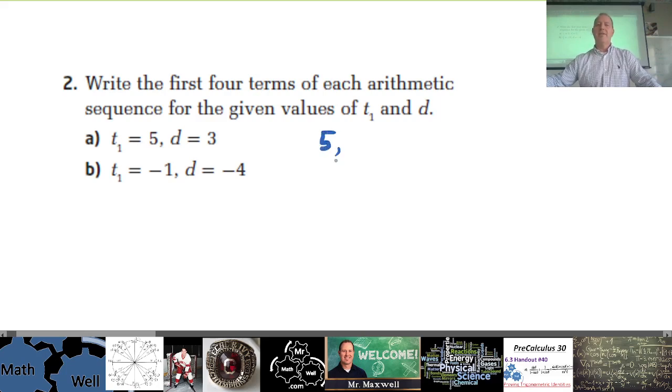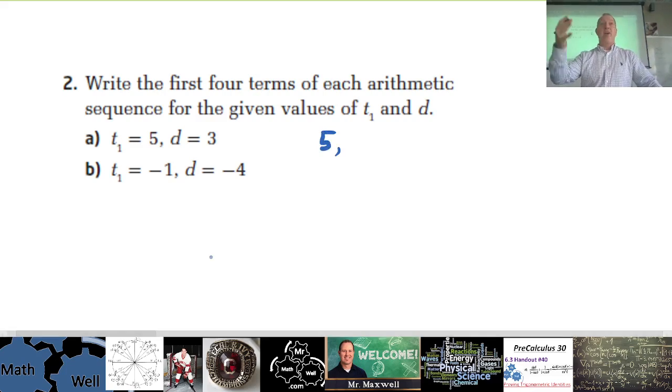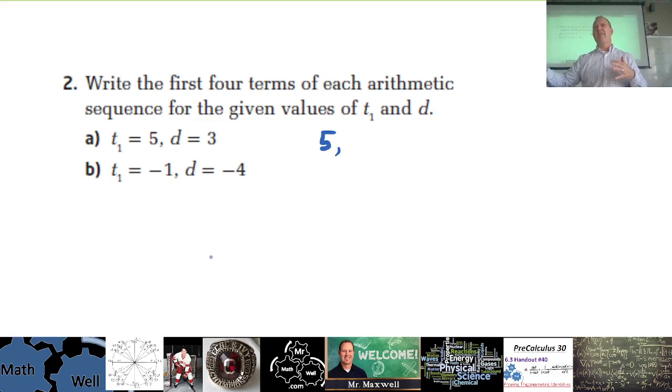So I'm going to write 5, and then I'm going to write a little comma there. Now, how do I get the second term? You add. I add the common difference. Now, I know difference is kind of attached to subtraction, but the difference, remember, is subtracting one term by the term that's before it. So yes, you do add the common difference to get the next